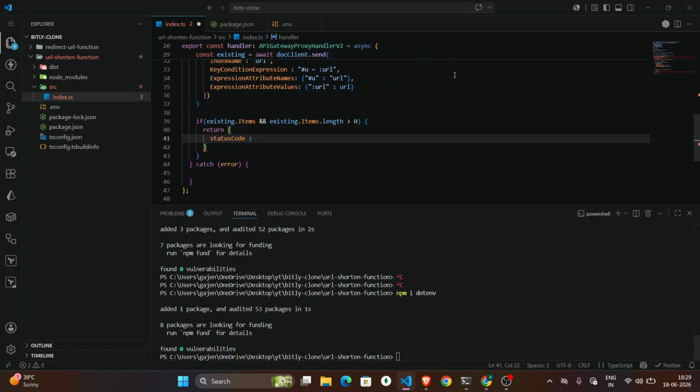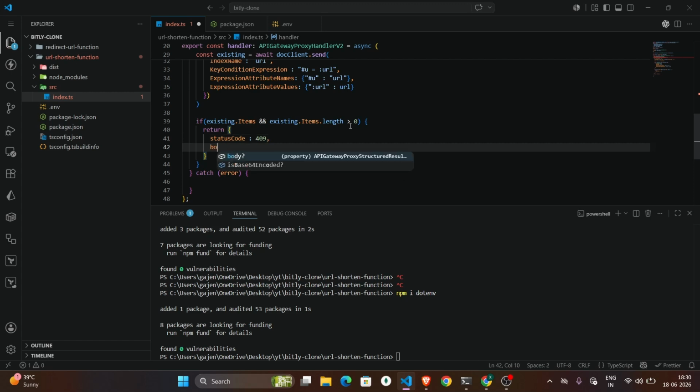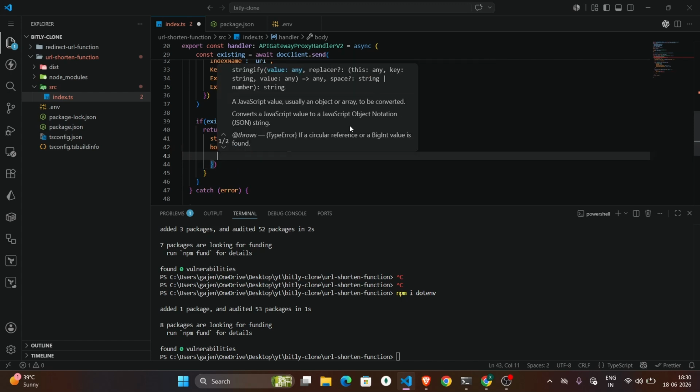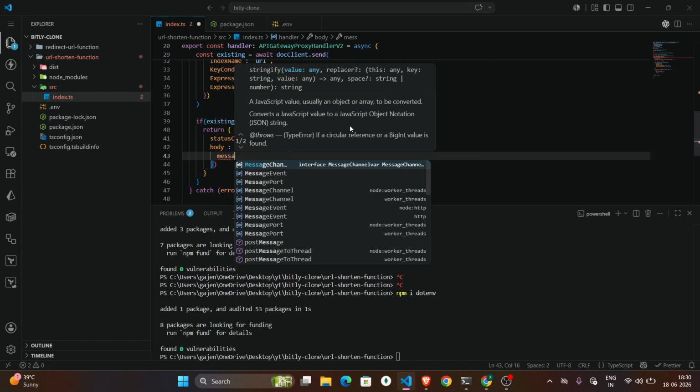So give the status code 409 for the resource conflict, and give a body JSON.stringify, message